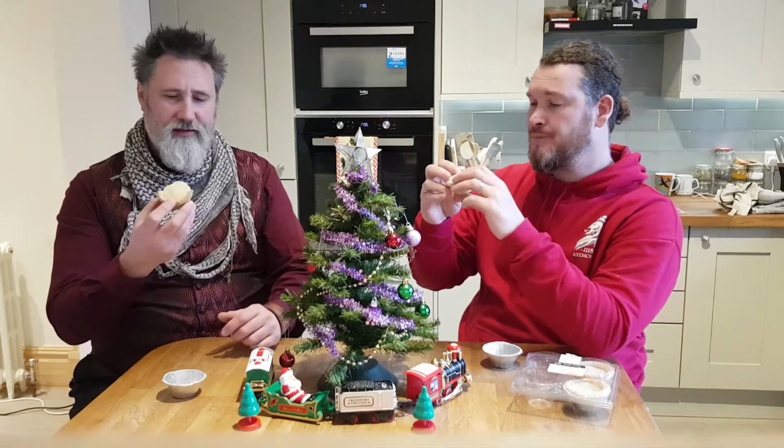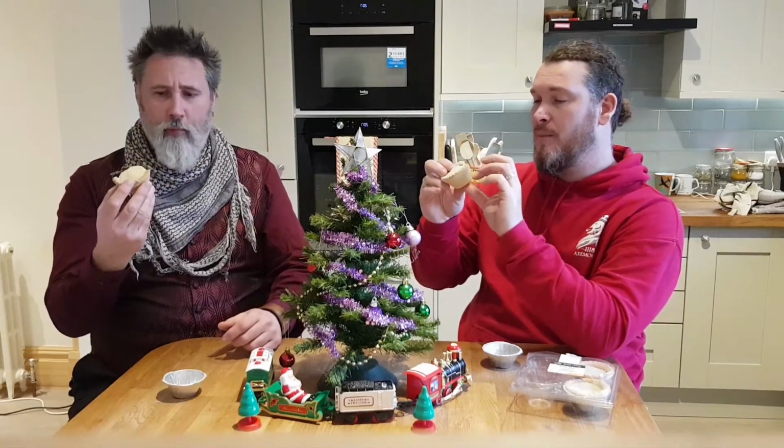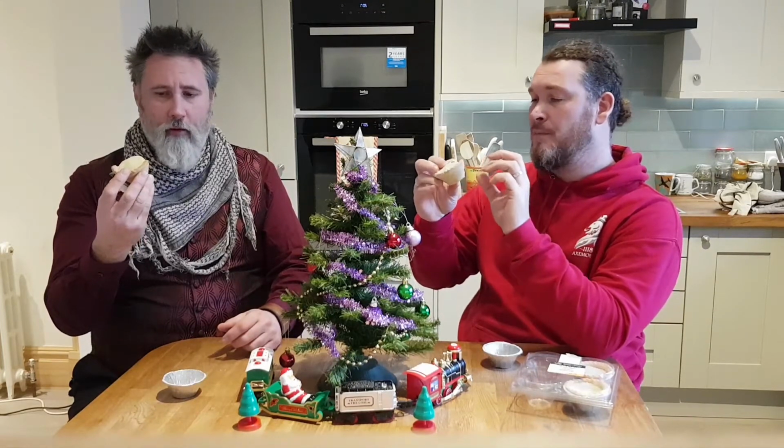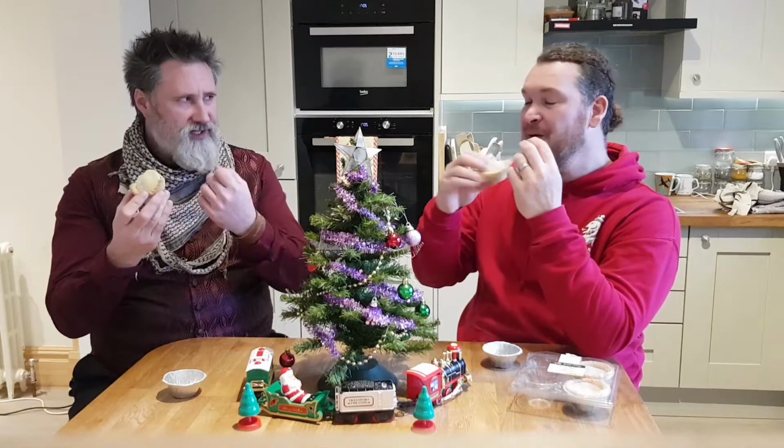I'm intrigued as to see how thick the base is on this. Well, I reckon you've got about 3.5 to 4 mil. You've got a slimline base on that. Yeah. When you get to the base pastry, it's a little bit